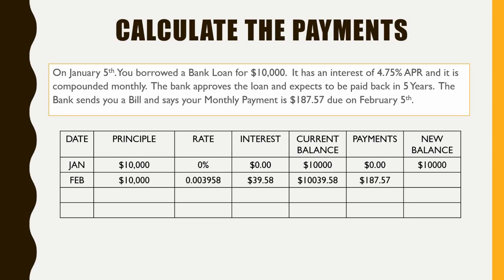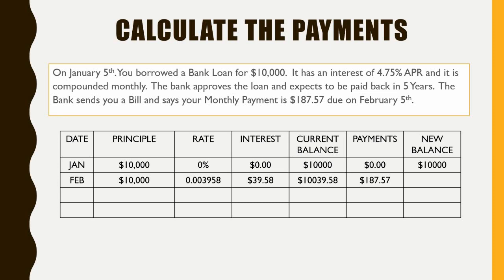Now, some banks too, right? They've already calculated this way beforehand. That's how they know you owe $187.57, right? And this is what I'm teaching you. I'm teaching you how to get that number. So in this case, when you get this number, what they do is they divide it by the number of payments and say, hey, you owe me